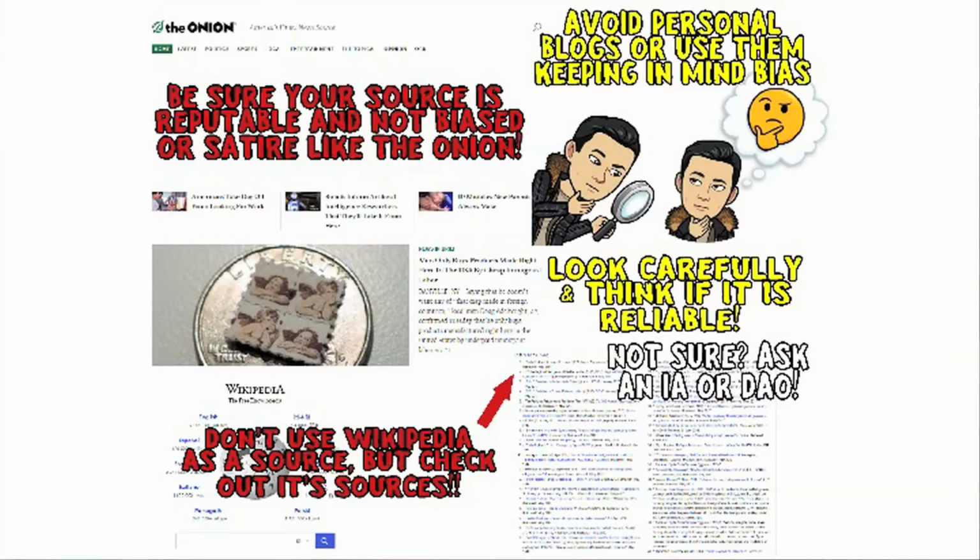Three, definitely don't use something that's called satire, which is pretty much truly fake news made up on purpose to make it kind of comical or funny, but they do it in a serious tone. The Onion is a site where somebody found an article and said, oh, look how real this is. And it actually wasn't a real article. So you have to look carefully through these websites